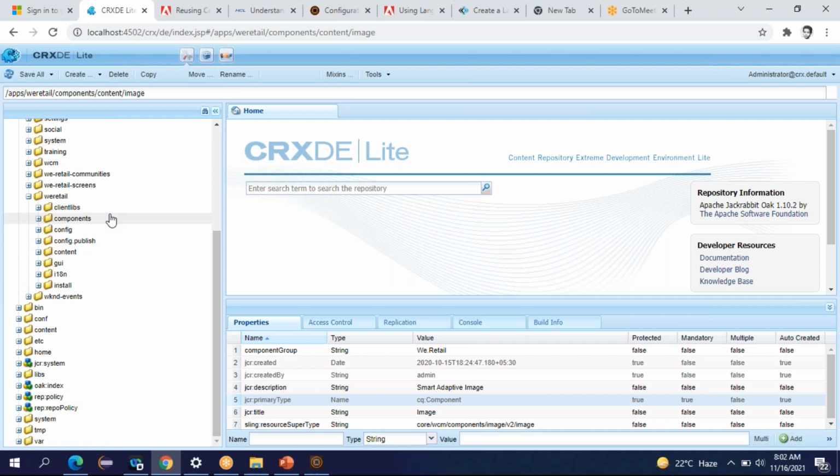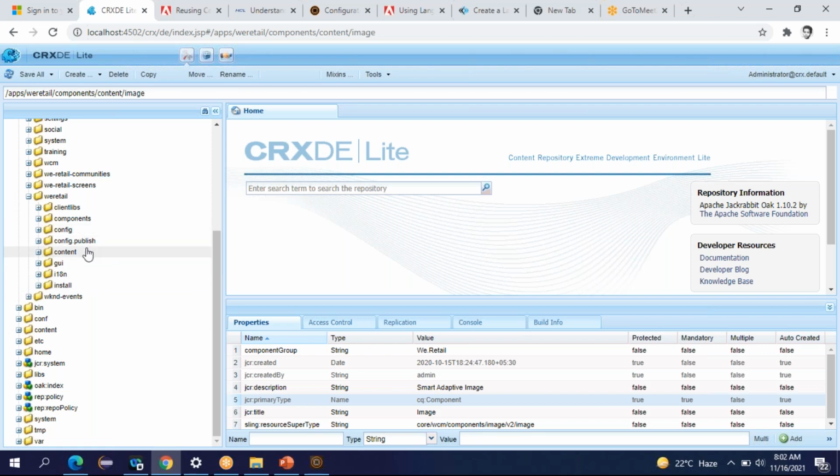If you want to create your client library, what is a client library? We'll discuss that later. In AEM, we use client libraries to create and use our JS and CSS files. This is the overall idea. You can create a folder for your client libraries here, like they have done, clientlibs.